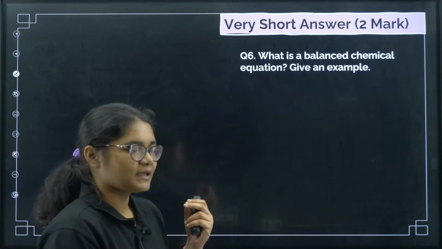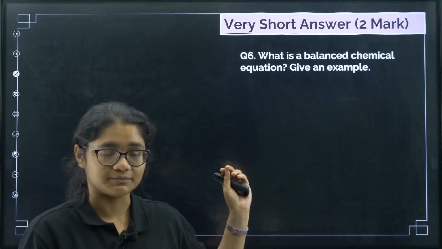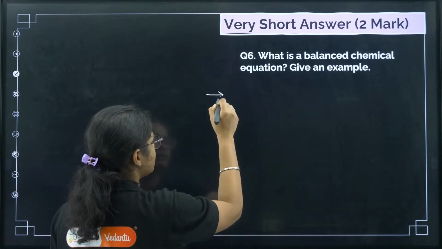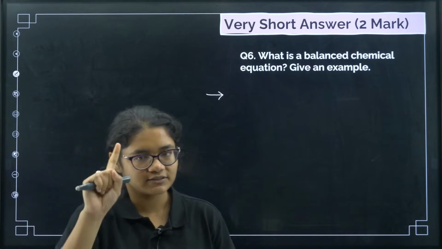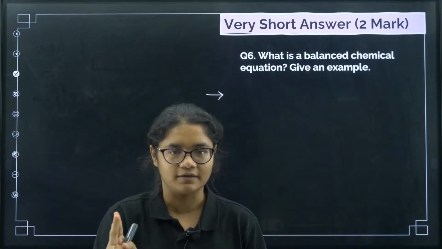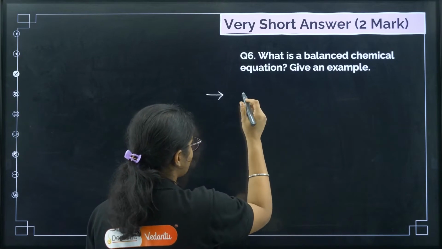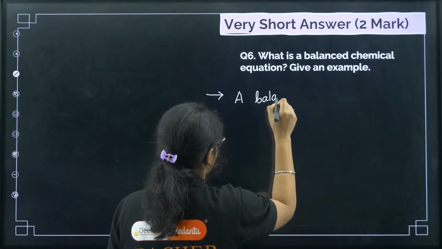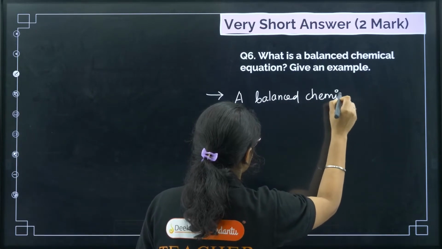What is a balanced chemical equation? Give an example. This question has been asked in previous years also. So that is very simple. Again, this is a 2-marker question. Writing the definition is 1 mark, giving an example is another mark. So first thing you need to write is a balanced chemical equation